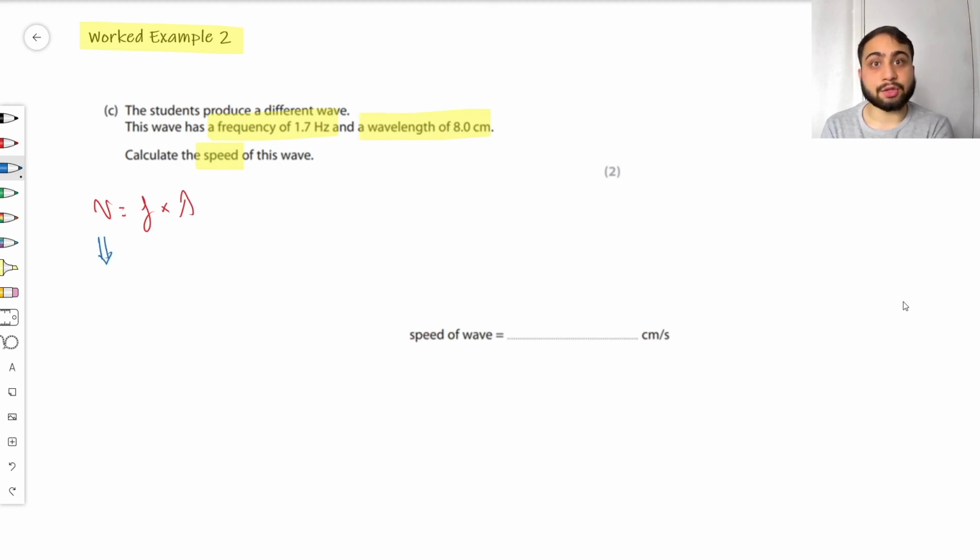What these letters actually mean: v is equal to the velocity of the wave, which is in meters per second. f is equal to the frequency of the wave, which is in hertz. And lambda is equal to the wavelength of the wave, which is in meters. But do we actually need to convert our wavelength here into meters? If we look at our answer line here, the answer line is asking for it in centimeters per second. So we don't actually need to convert our values here, but we can still use this equation. So let's do 1.7, which is our frequency in hertz, multiplied by 8.0, which is equal to our wavelength, and that equals